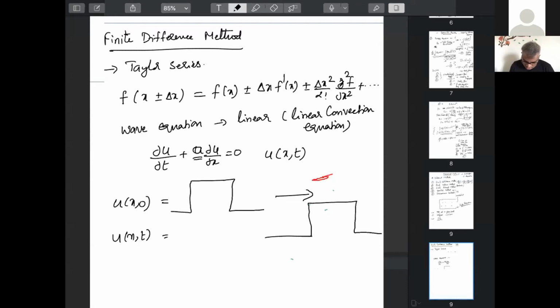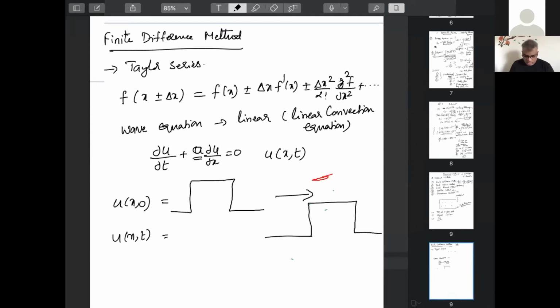So we would like to understand how to discretize this equation and then solve it. This is the simplest of all the equations that you can solve. If you can figure out what difficulties you face in this equation, those difficulties would scale up when you are solving the Navier-Stokes equations. So if you can minimize the difficulties here, you can also minimize them when solving the Navier-Stokes equations. That's the whole idea.